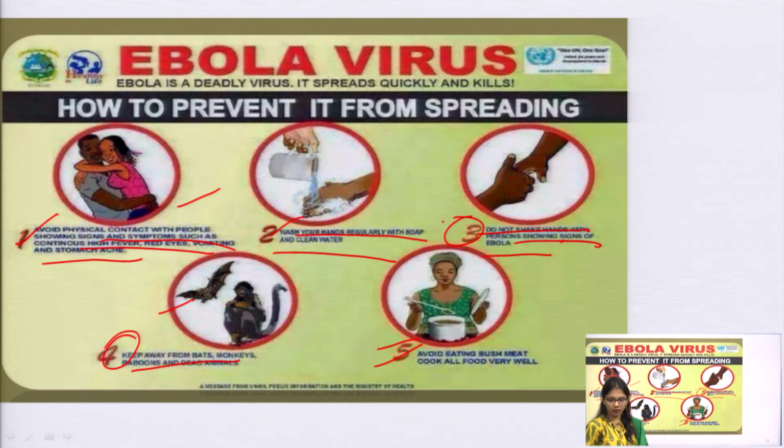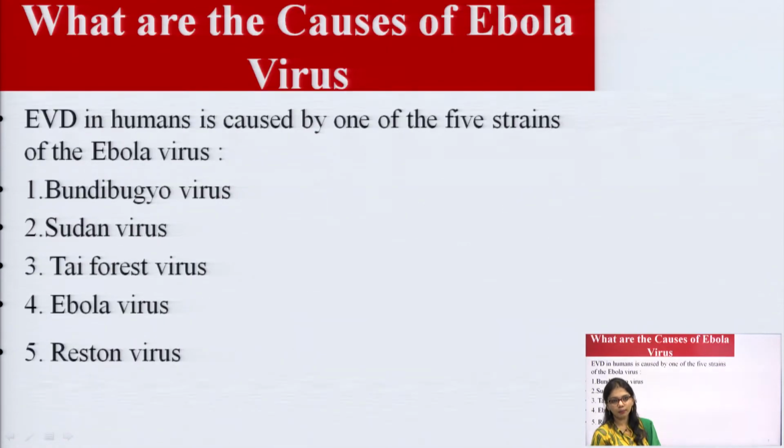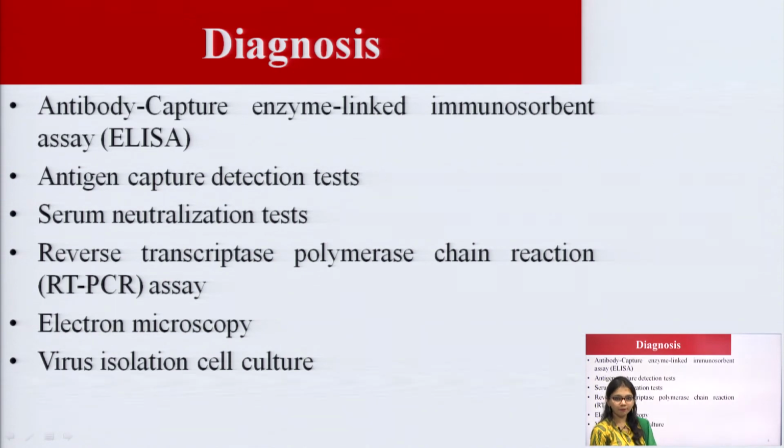Now some of the modes of action I will discuss: how the Ebola virus infects, or we can say how Ebola is transferred into the whole body, meaning its physiology. I will give a short brief on this physiology. Every tissue is affected. The most important thing is that every tissue is affected except the muscles and the bones. Bones and muscles are not affected by the Ebola virus, and it